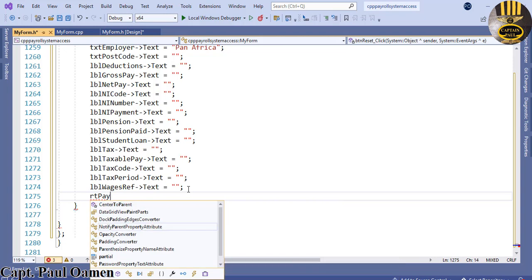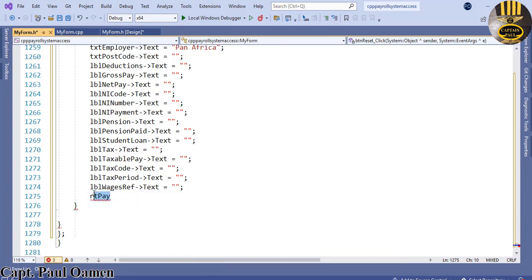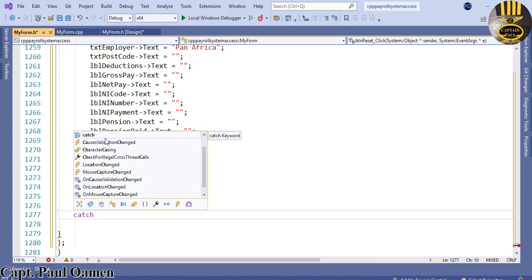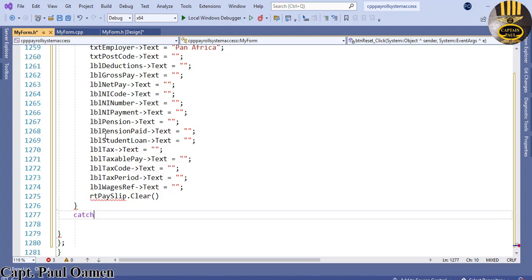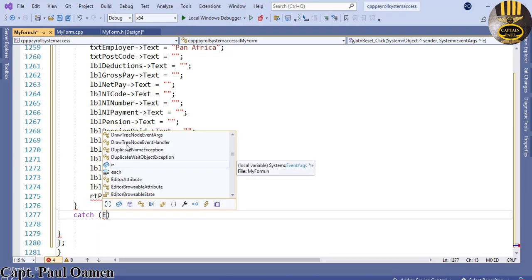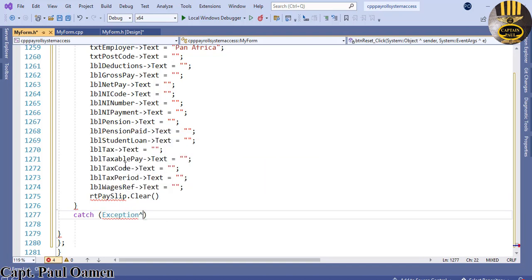It has no name yet, okay, but I'm going to call it Payslip. RT Payslip, that will be dot, clear. So now let's come down here and take care of the catch. That will be exception